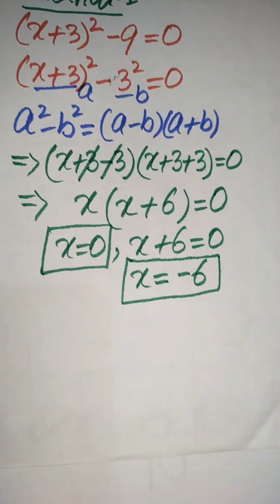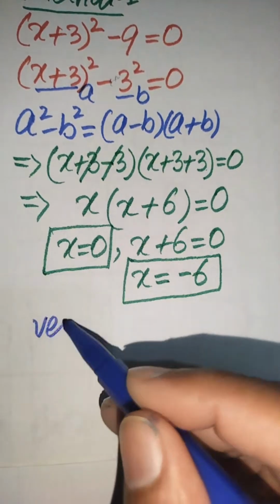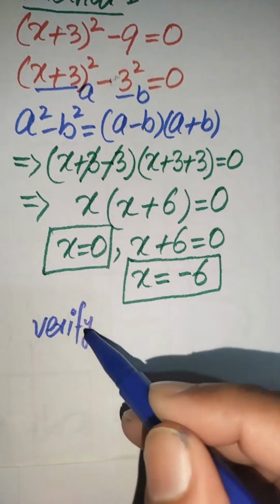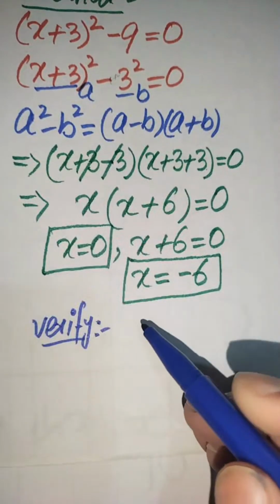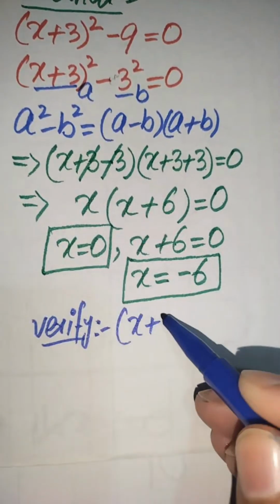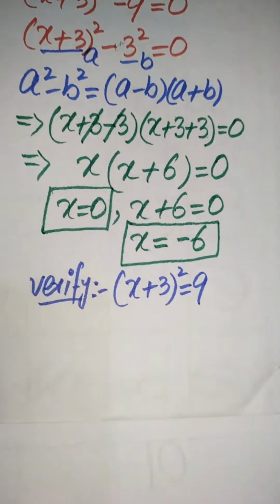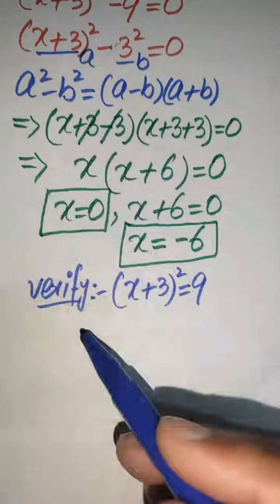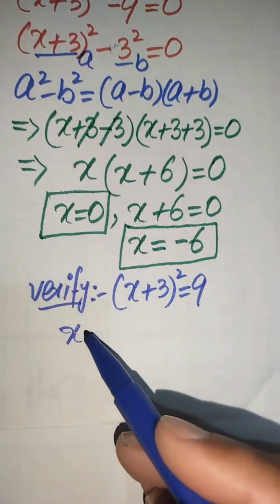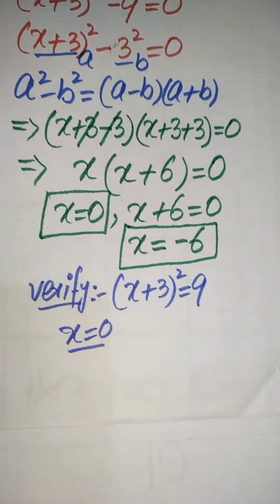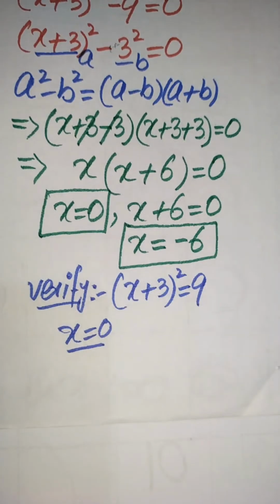So for verification of the roots, we need to copy down the given question statement here. Our given question statement is (x + 3)² = 9. This is our given question statement, and here first we need to verify x = 0. In order to verify x = 0, this means that we just put x = 0